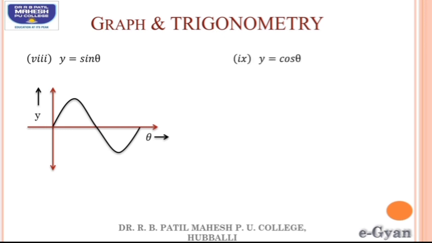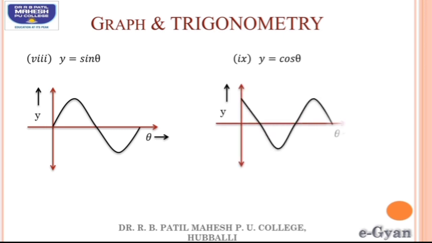We have one more equation in terms of the cos function, that is y is equal to cos theta. The nature of the graph for this is given by this. For different values of theta, the value of y changes between 1 and minus 1. These two equations are represented by trigonometric ratios, and by this we come to know that trigonometry is used in physics by using these ratios.